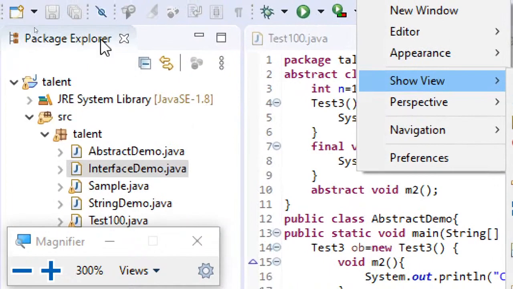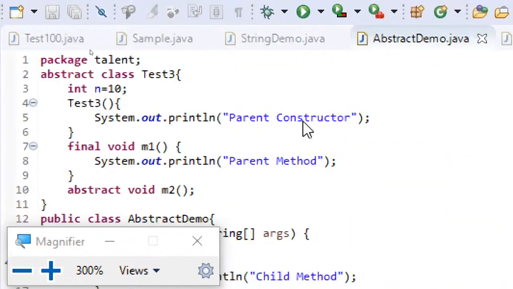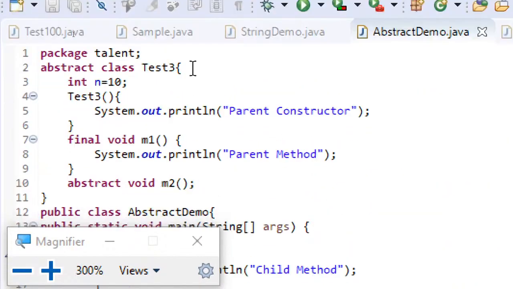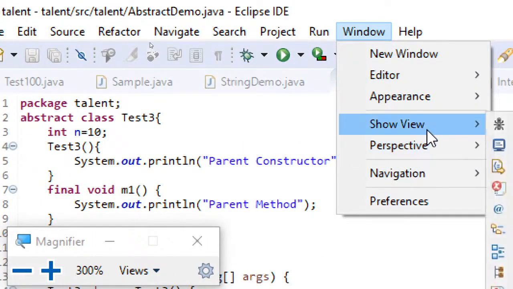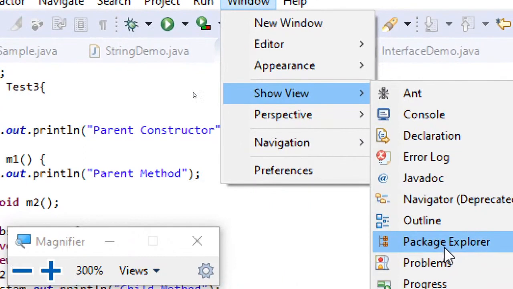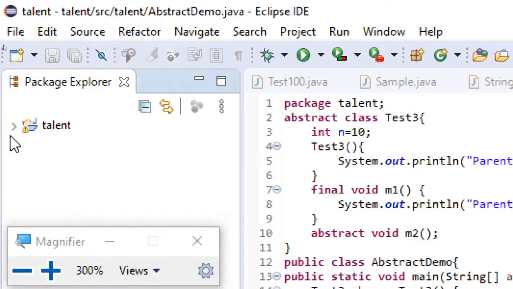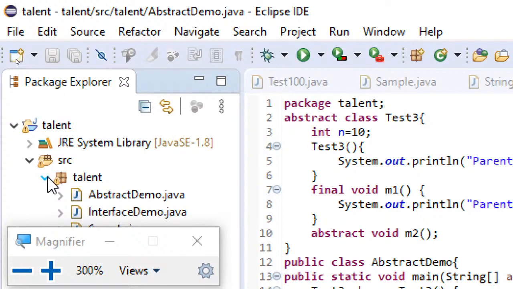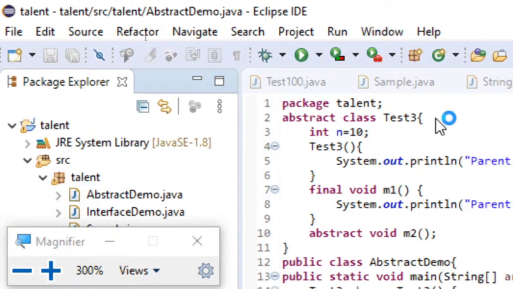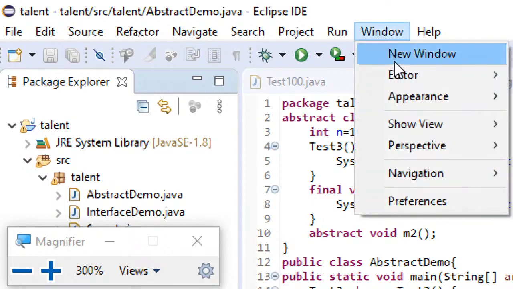And sometimes if this package explorer is also not shown to you when you have opened your Eclipse window, you can just go to Window, go to Show View, and click on Package Explorer. Again you get this package explorer, and there you can see all your projects, and you can expand whichever project and whichever package. Accordingly you can keep creating classes and experiment. These are all the basic things which can be understood. So that's what the show view is.